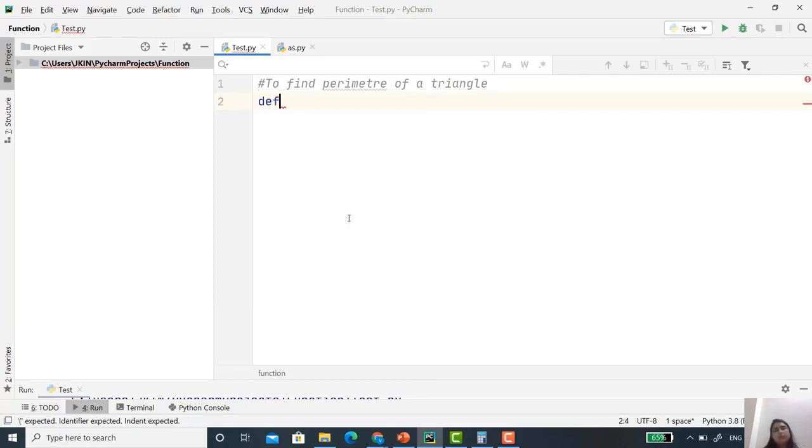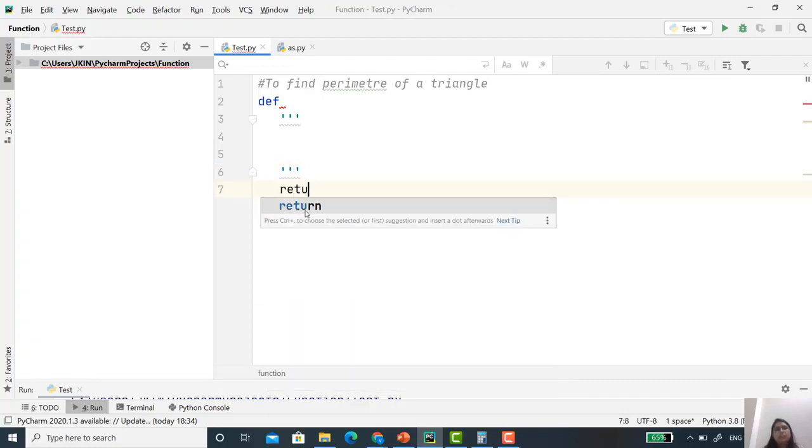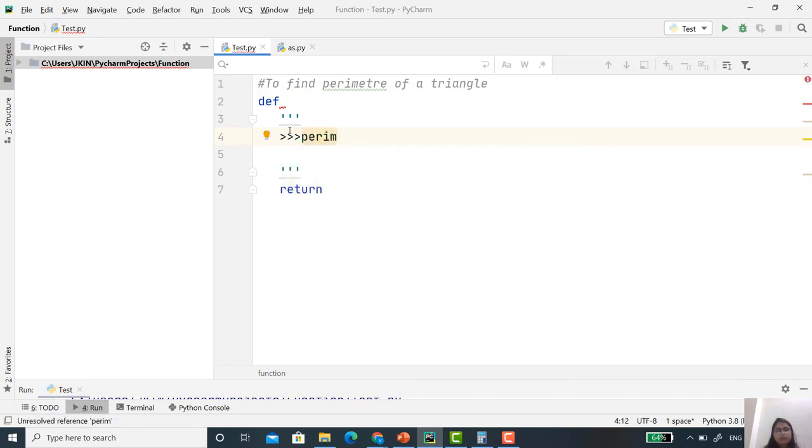So the first thing is what? You have to write down the def. And then here we have to mention the docstring like this. Here we will not mention the return, we will mention the return statement here. This is the structure of your function. Now here, first of all, we have to write the examples. For example, if I want to find the perimeter,